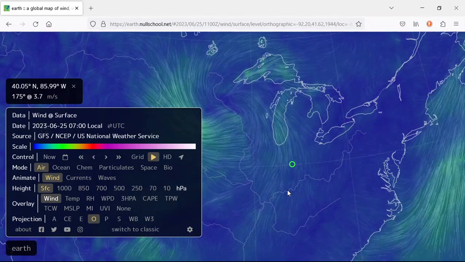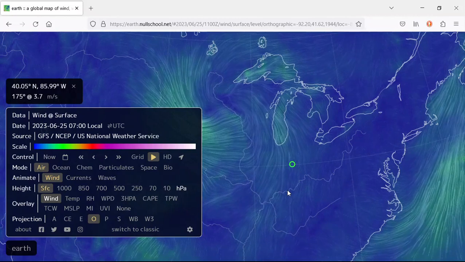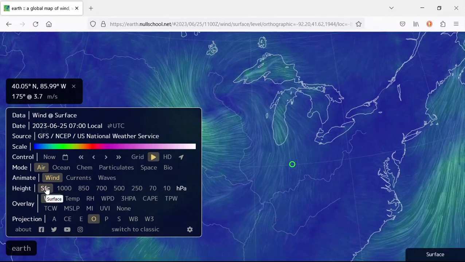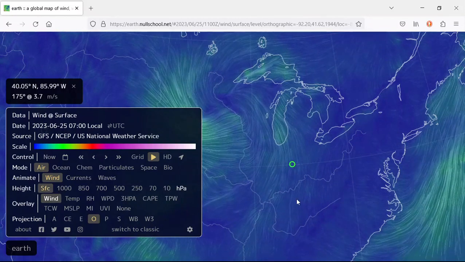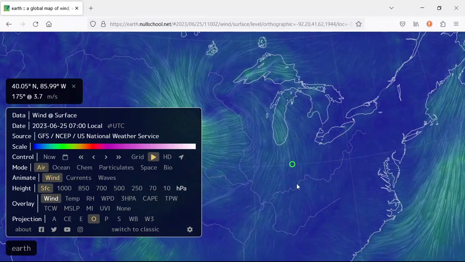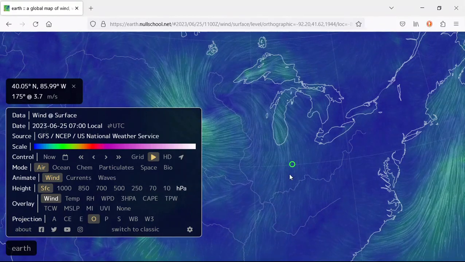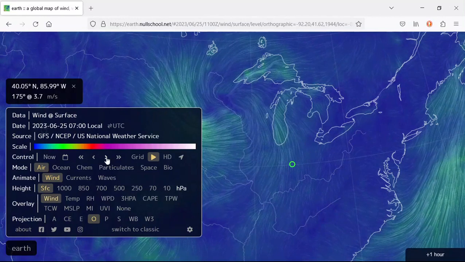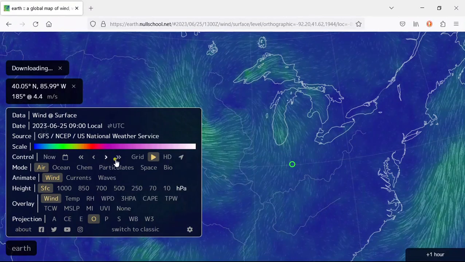And one way to do that is to look first off at the surface. And so that's what we have here. We're looking at the surface winds, and we're really focusing in on what direction are they moving. And they're moving from the south. And if I go ahead and move just a little bit farther in time, let's go ahead and get closer